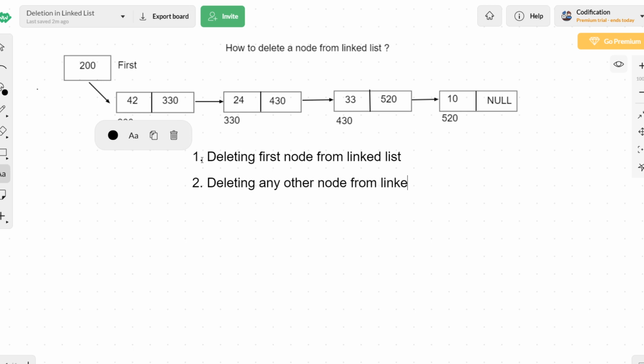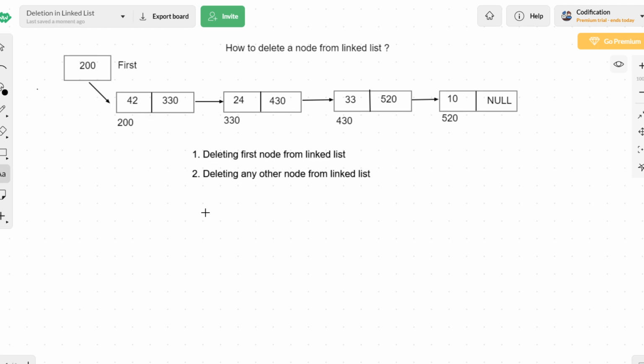Only two categories. Why do we want to take these two categories? Because the procedure that we need to carry out for deleting the first node is different, and the procedure for deleting all the other nodes is completely different.